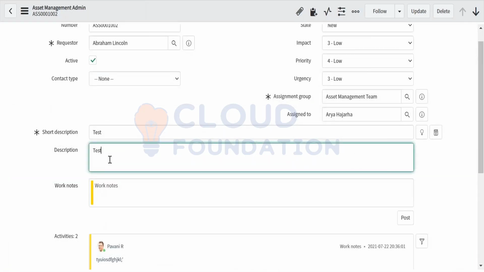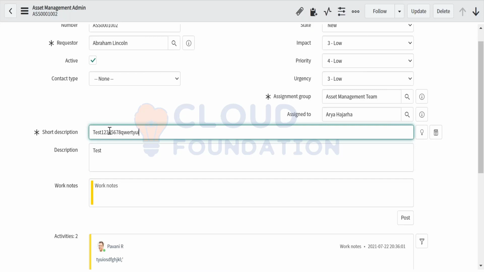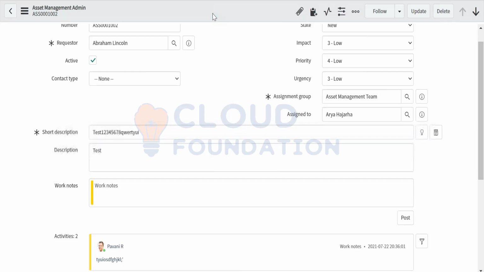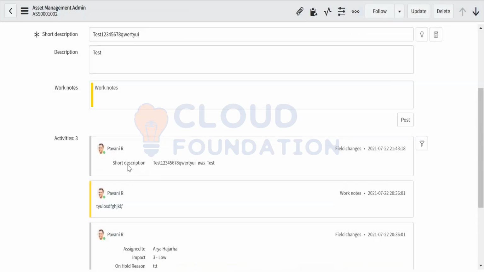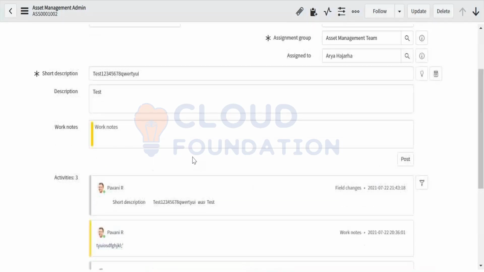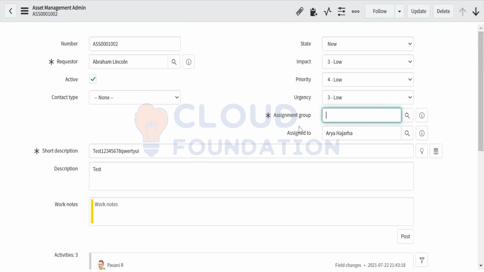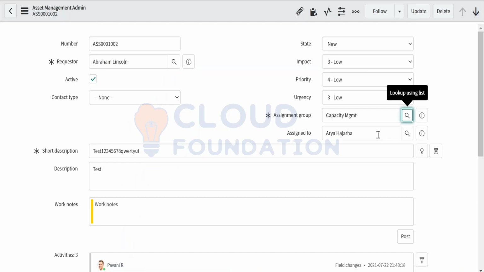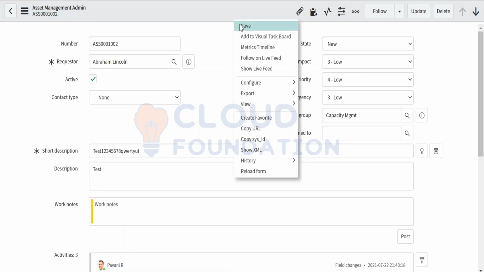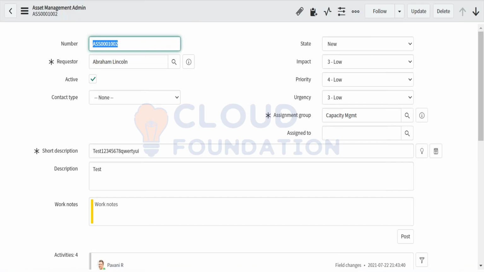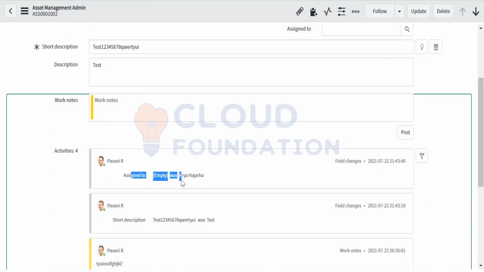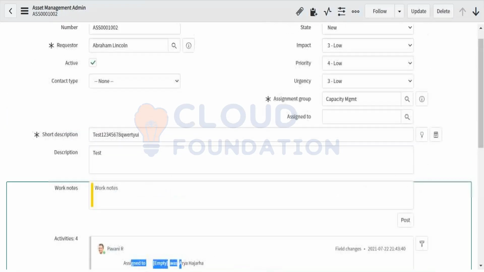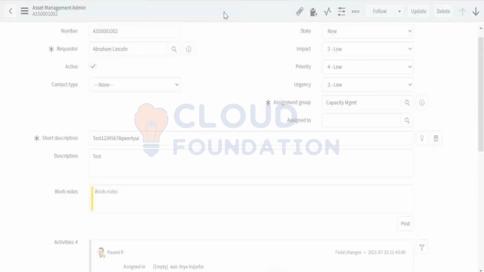Now let me go ahead and change the short description to something. The moment I do this, the short description changes, and the field changes show up, right? And if I am choosing some other assignment group like this, probably we'll see capacity management or somebody. See, even the assigned to was empty because I had cleared the assignment group, right? And if I say save,